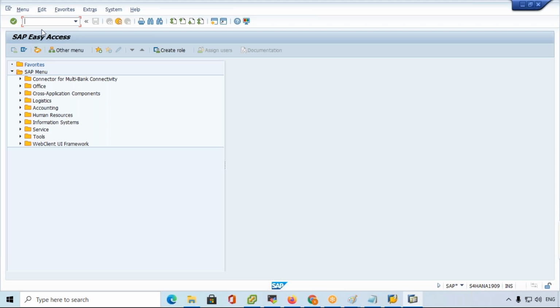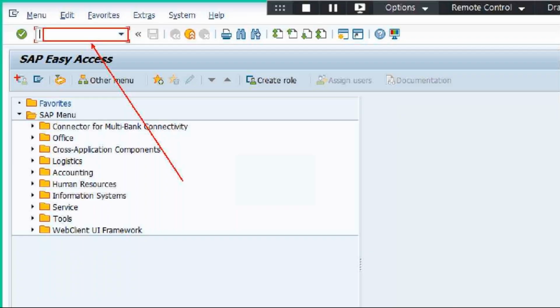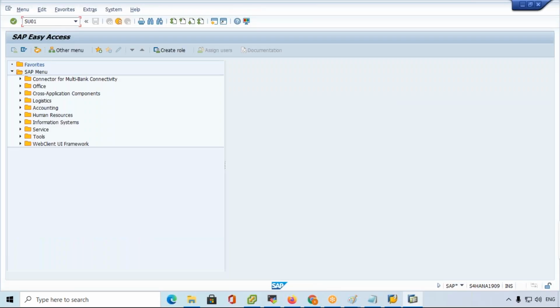So here we enter the transaction codes. This is the place here only. Based on the T code, the window will open. For example, SU01. This is one of the T codes in our SAP Basis. SU01, press enter.